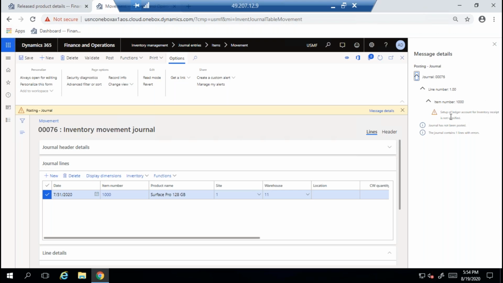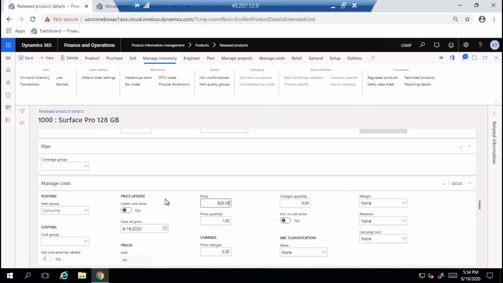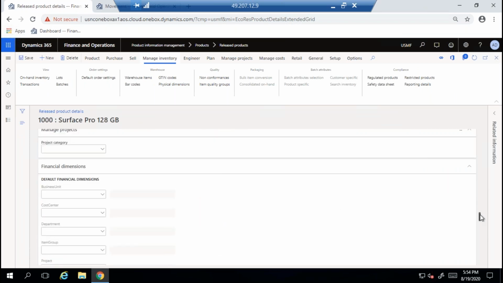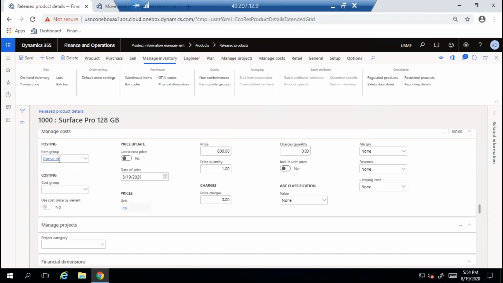Okay, so there is one more setup. Ledger account for inventory receipt is not specified. Look at this one. Ledger account for inventory receipt is not specified. That is actually like if I go to this released product in the item group,